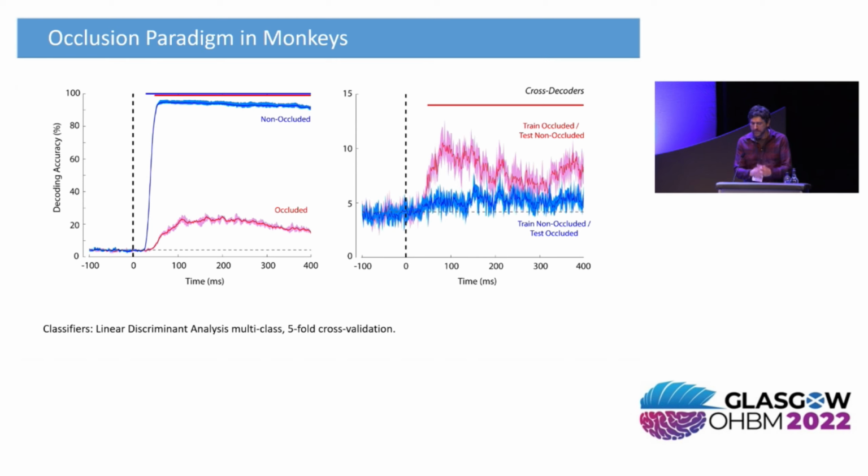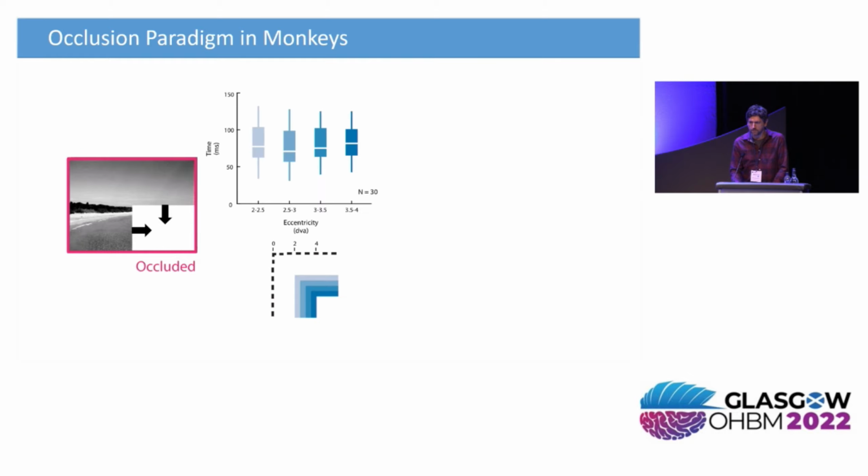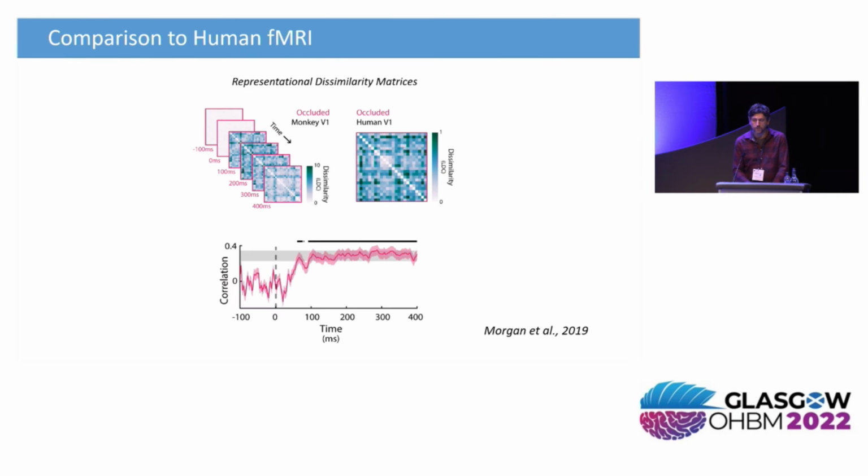Now, we don't know exactly what that is, okay, but people have suggested it might be something more like a rough sketch of the image or something related to the gist of the image. But it's something that is also there in the non-occluded state, and so we are able to do some cross-decoding. Now, we can also look at this decoding in a slightly different way